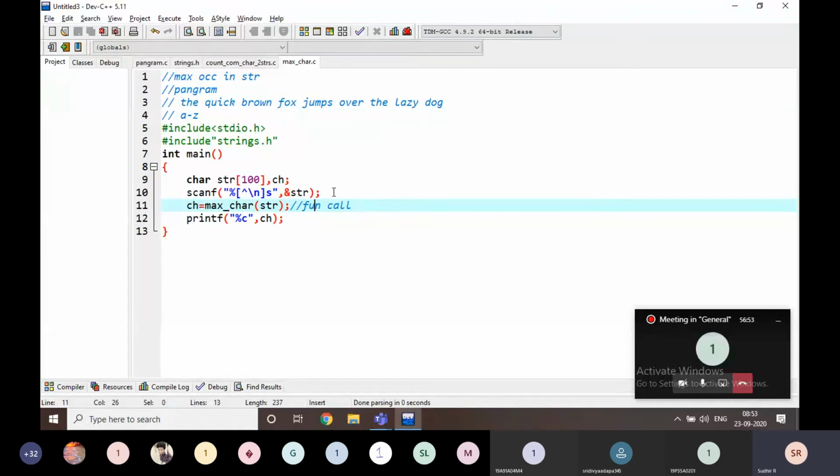A function call, and from this string I am going to find what is the maximum character in that string. That is my program here. Very similar to the previous programs, no doubt about that.